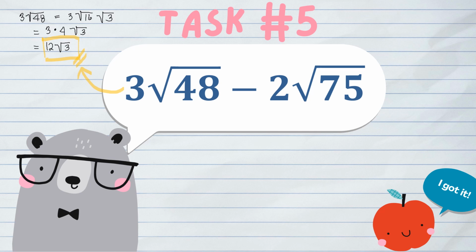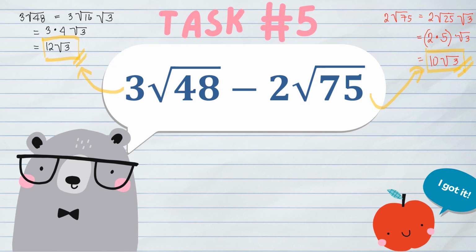Now moving on, let's proceed to 2 square root of 75. This is actually equal to 2 square root of 25 times square root of 3. Now let's have 2, and square root of 25 is 5, so we multiply this by 2 and then copy square root of 3. So we're gonna have 10 square root of 3. So basically, our simplified form for this is this one.